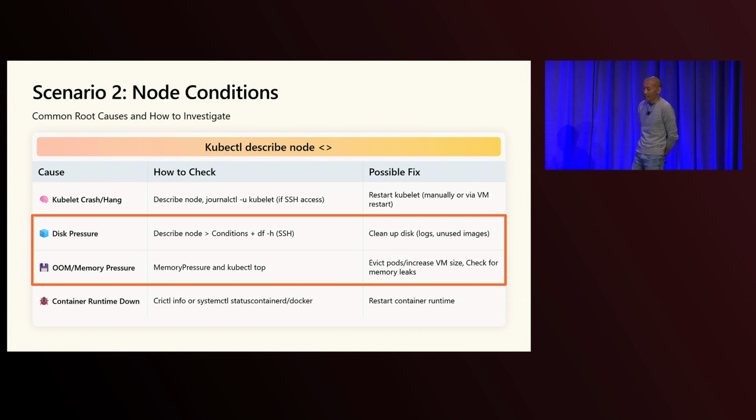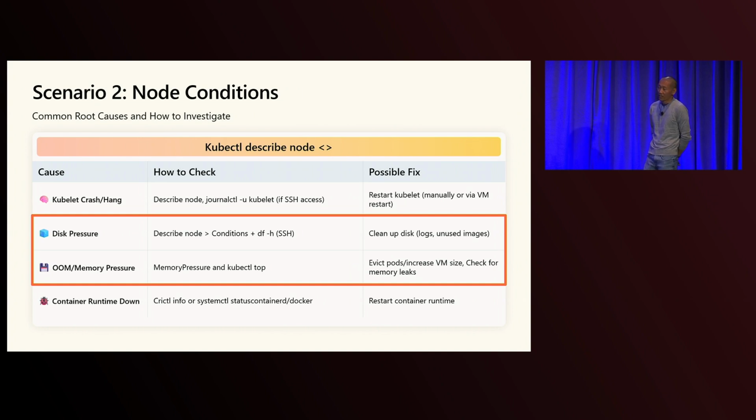So let's go through a couple of node conditions, in particular disk pressure and memory pressure, and talk about what to do when we see these things. So first of all, disk pressure is talking about the storage available on your node. So it's a signal that tells you that you have very little free space left. So if I see this condition, the first thing that I'll do is I'll do another kubectl describe node, and I'll look at the node condition for any details, plus I'll look at any events related to disk space.